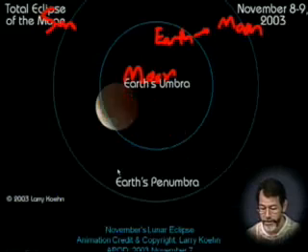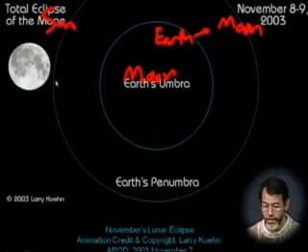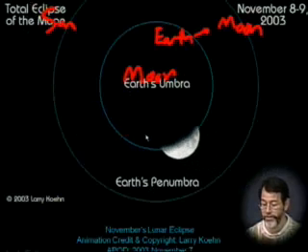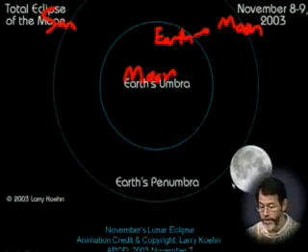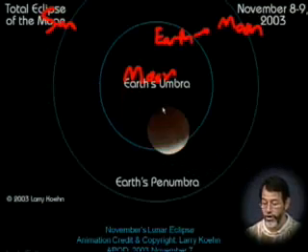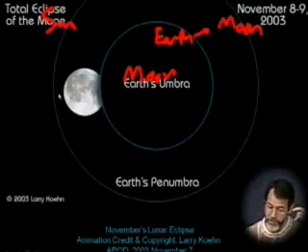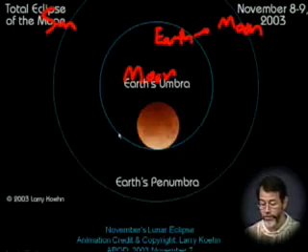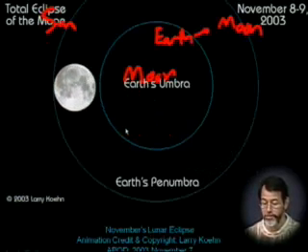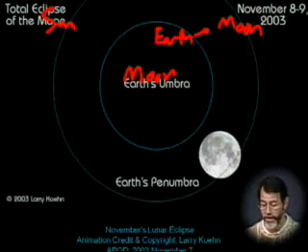Here is another moving GIF, a movie. So here is where inside the Earth's penumbra is where part of the sun is blocked. Inside the Earth's umbra is when all of the sun is blocked. So here you see the moon moving through as we would see it, getting only slightly dimmer in the Earth's penumbra, and then totally blacking out, but then being lit up, as we see by the red shades of the light being refracted by the Earth there. You can also see that this part that's closer to the penumbra is generally brighter than the far part, because it's getting more refracted sunlight. It's getting no direct sunlight. It's getting more sunlight refracted through the Earth's atmosphere.